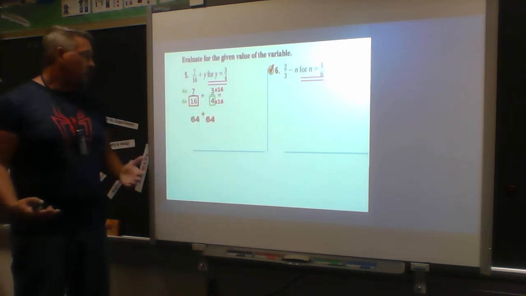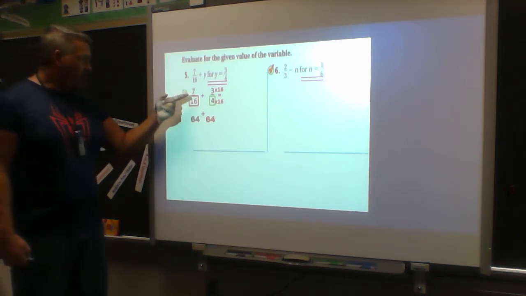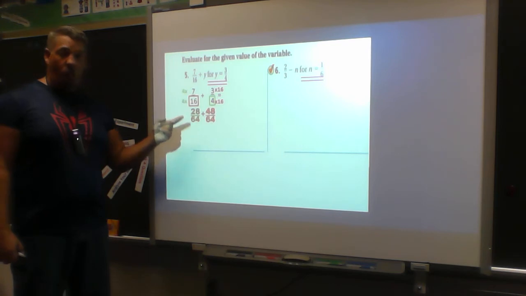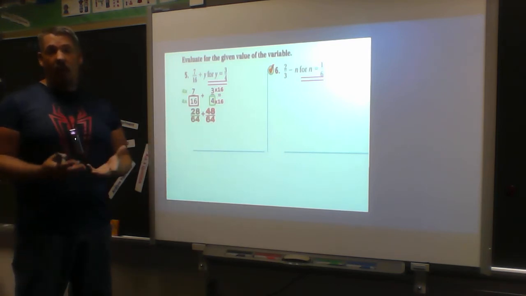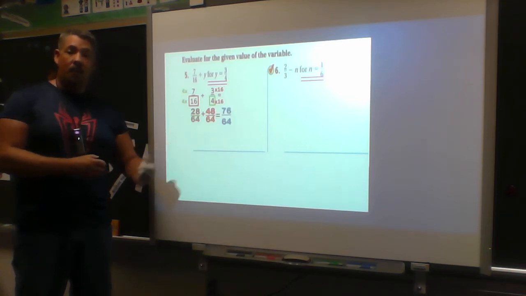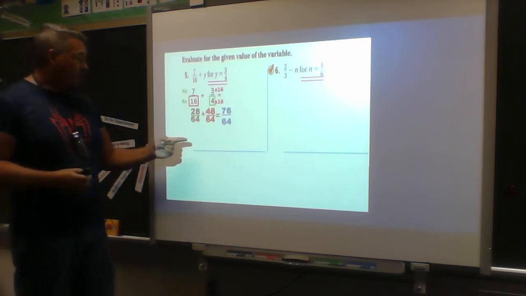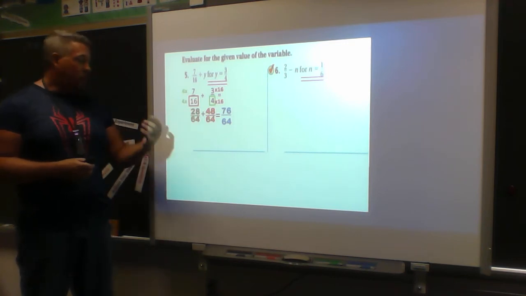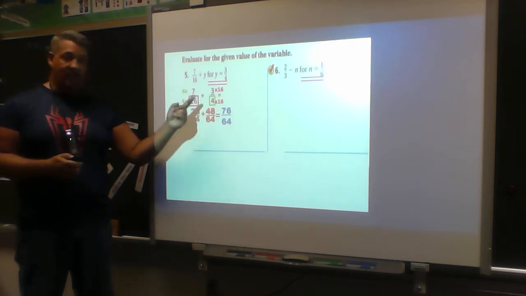Now I do my numerators. So 7 times 4 is 28. And 3 times 16 is 48. Now I have my common denominators. What do I do with it? I keep the denominator, right? So if I keep my denominator 64 and I do my math in the numerator, then 28 plus 48 is